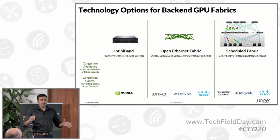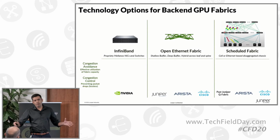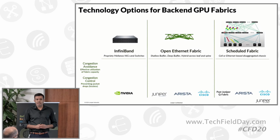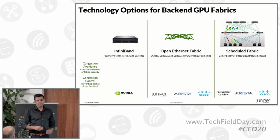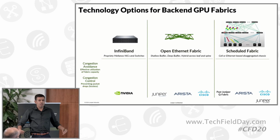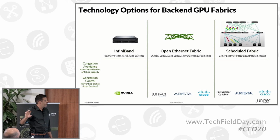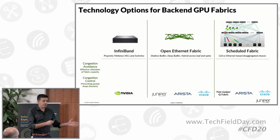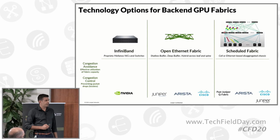And they seem to have found a sweet spot, or at least they claim to have found a sweet spot with AI training. Scheduled fabric is also referred to as distributed disaggregated chassis. It's a modular chassis that is split into its components, or disaggregated into its components. So the line card in a modular chassis becomes a leaf. Fabric in a modular chassis becomes a spine, and they somewhat act independently. So that's not where Juniper is, but there are other vendors out there that are pitching that architecture for AI